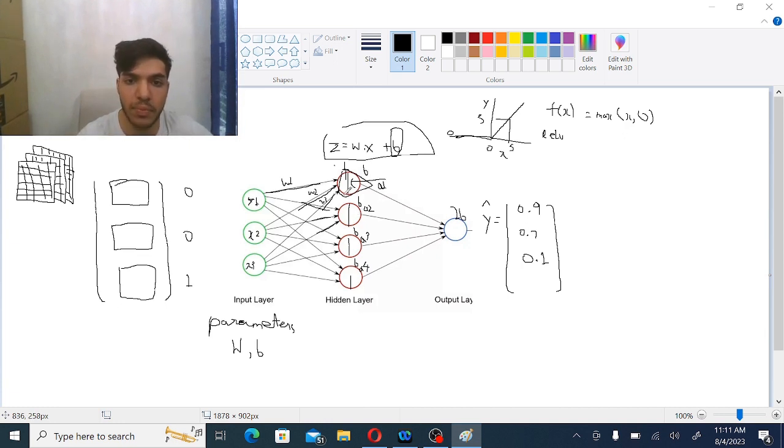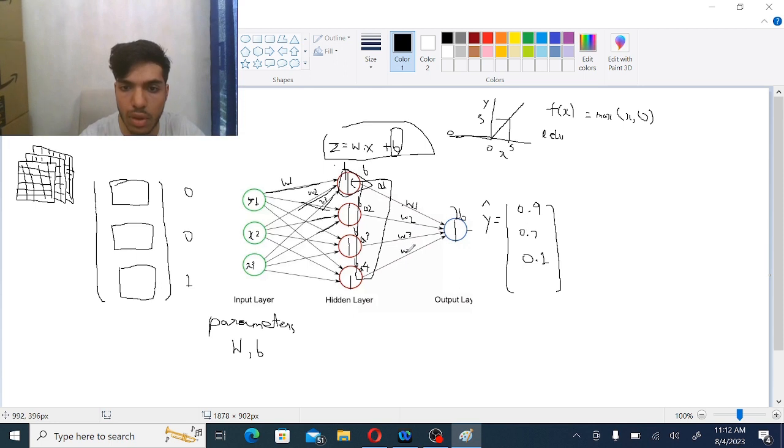Now, what happens next is that all the outputs from this layer are now going to become inputs to the next layer. So we can see that this neuron right here has 4 different inputs. It's going to take A1, A2, A3, and A4 as inputs. So we're going to do the same thing here. This is going to have a linear function. Take all of these inputs, A1, A2, A3, and A4. We're going to multiply them with the corresponding weights. This is going to be W1. It's going to be some random value at first. W2, W3,